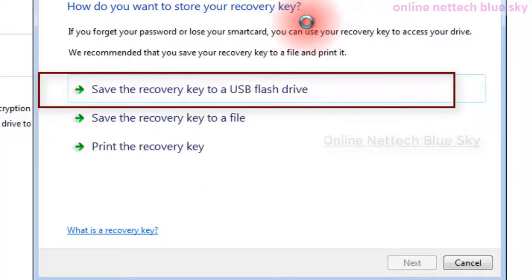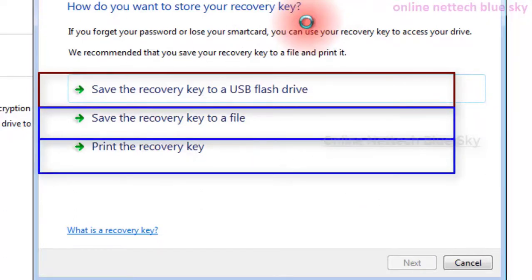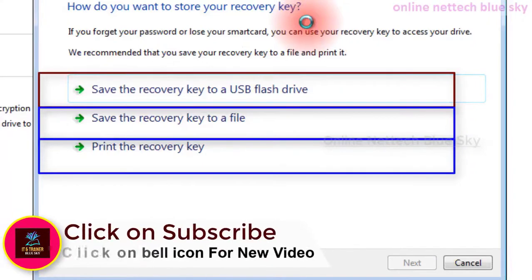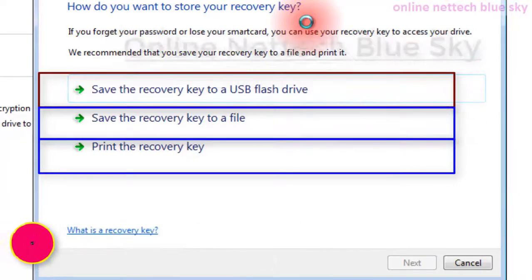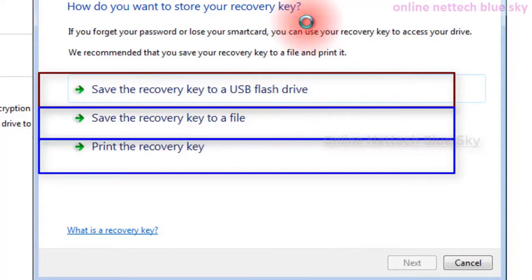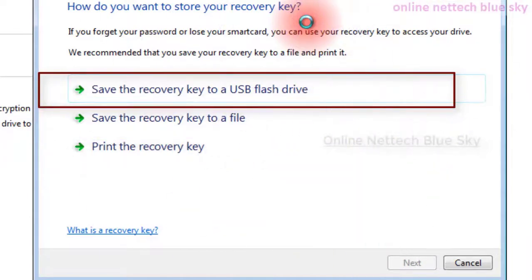So you can save it; maybe this first option is very good for you. You can attach your USB flash drive and save your recovery key. So this time I save my key in my USB drive. So I insert my USB drive in my computer, and the second and third options are not direct systems here.